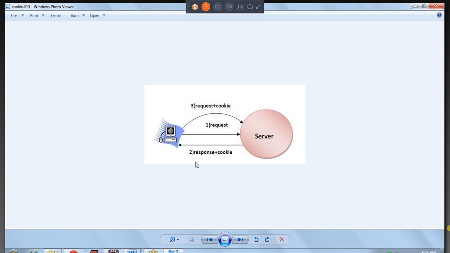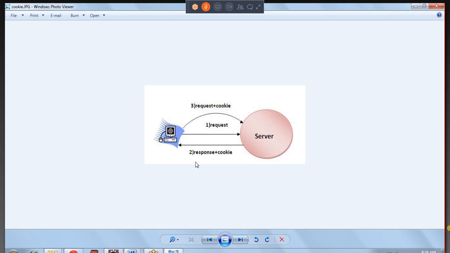Now what happens in the server? Then we do some business logic, contacting the server, validating your username with the database, and then if everything is success, what we do is give a response. So whenever we are giving a response, even if it's positive or negative, that response object can have a cookie. That means while sending back the response, you create a cookie with the help of cookie ck